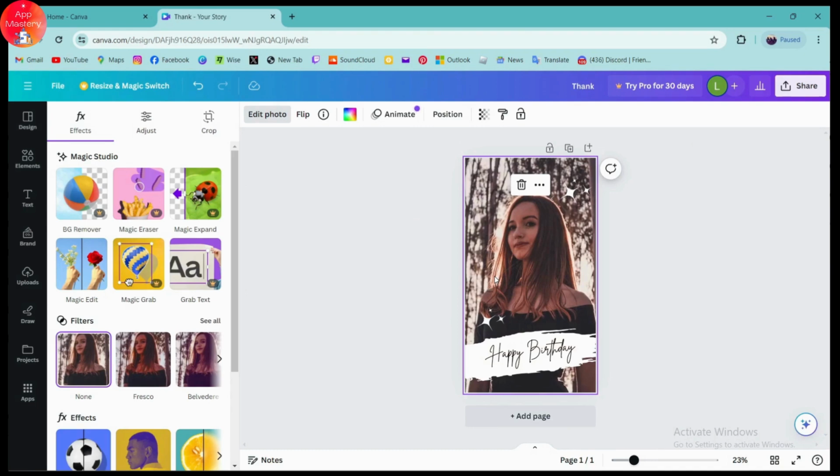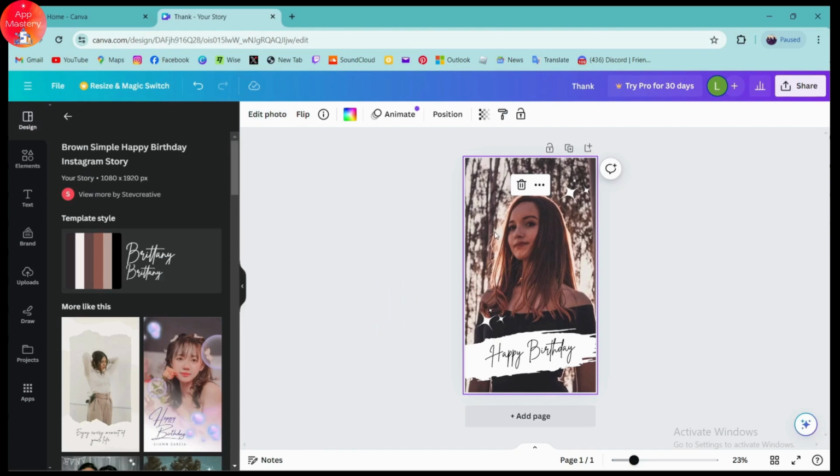And once you click on the erase, you can simply drag your pointer to erase that. So that's it. That's how you can erase a part of